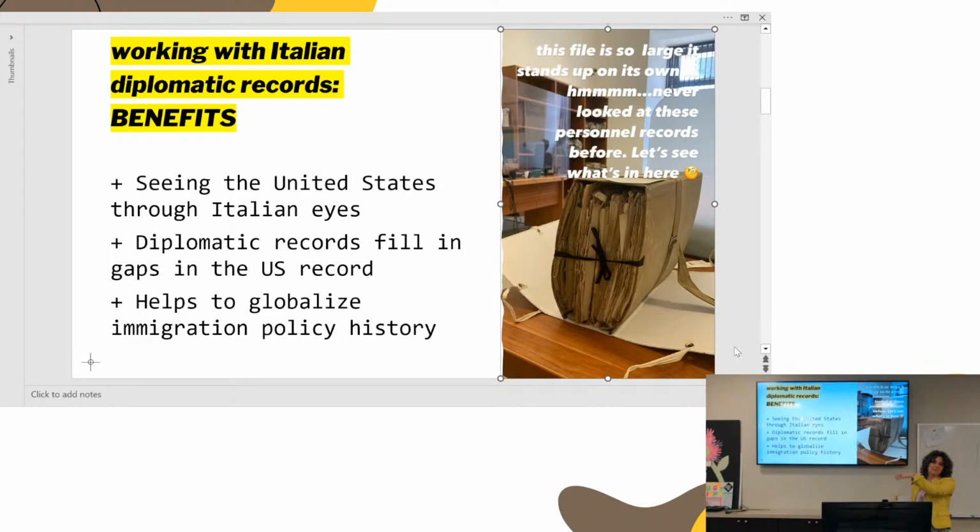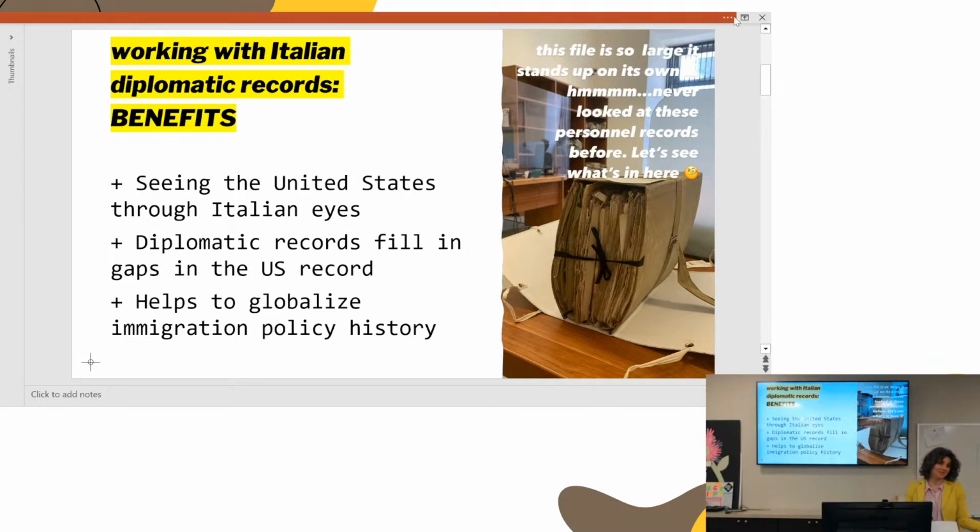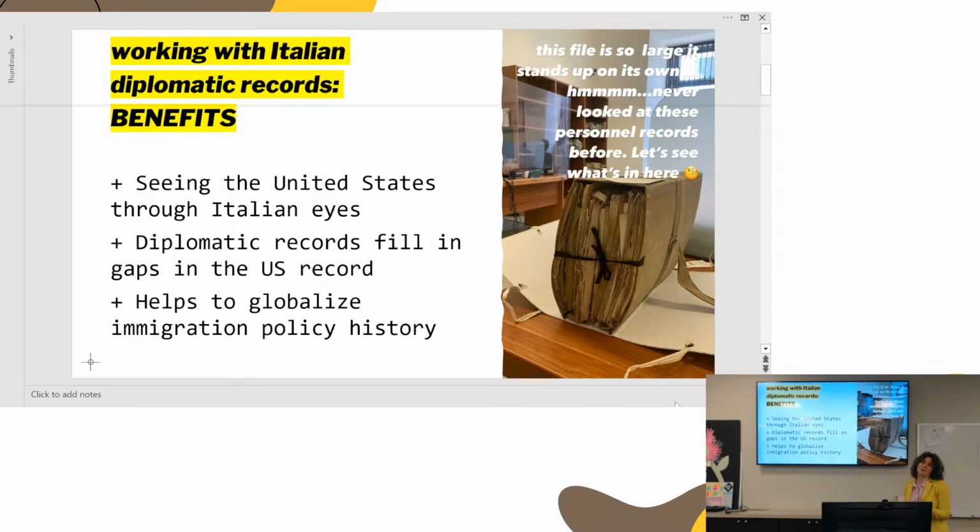So what I'm hoping you'll see is that the benefits will outweigh the challenges and might inspire you to think about sources and ways of knowing about the past that you might be able to crack open because of your own knowledge of languages or your own communities in which you are embedded, in which you have access to these records or these experiences. So one of the things that we see when we go into Italian diplomatic archives